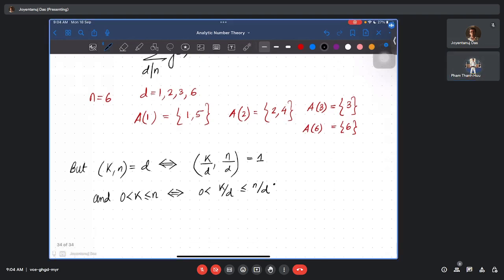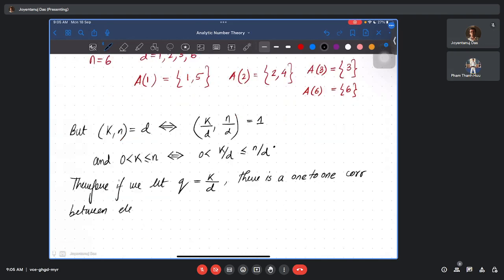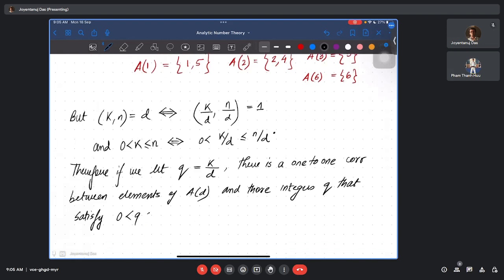Therefore, if we let q be the integer k divided by d, there is a one-to-one correspondence between elements of A of d and those integers q that satisfy this relation, q less than or equal to n by d,